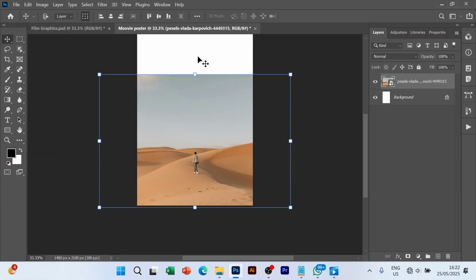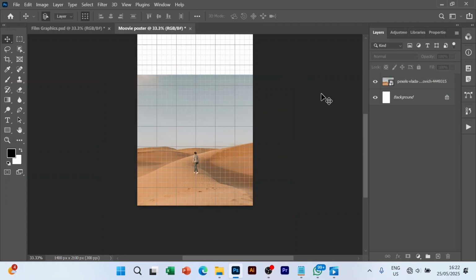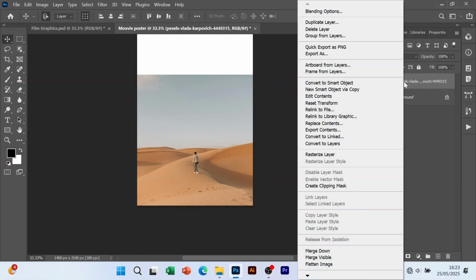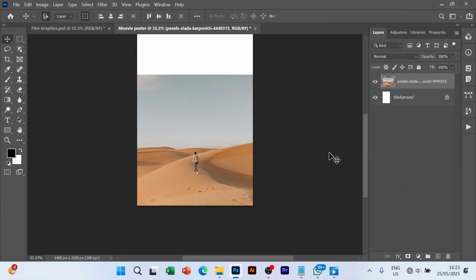Alright, Ctrl H, fine. Exactly. I want to ensure that everything is aligned to the middle, which is correct. Everything is properly aligned to the middle. So for this one, I will right click on it, then I will go to rasterize layer, then click on it, fine. Then go to this